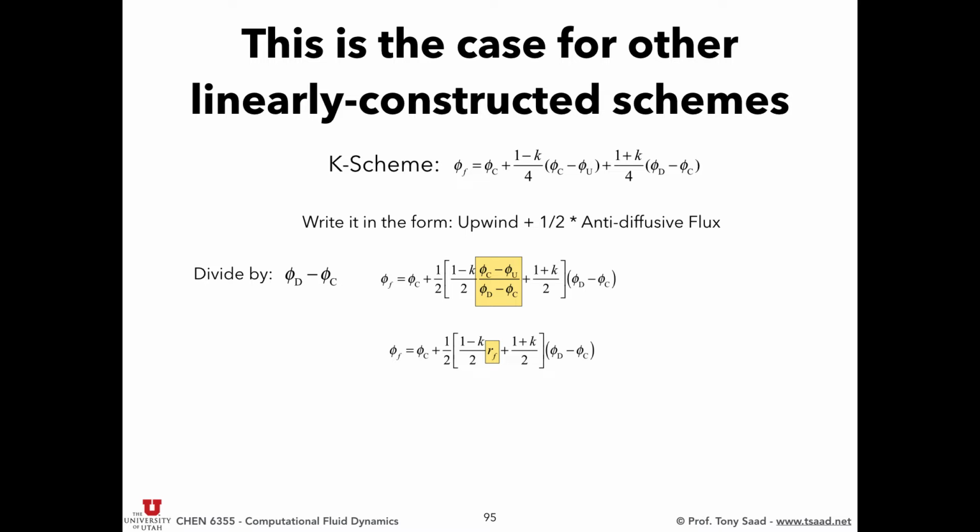When you program things, you're going to have to think: if you want to create an array for the ratio of successive gradients, that has to be a flux type array, okay? So we call this ratio, phi upwind minus phi far upwind over phi downwind minus phi upwind, the ratio of successive gradients, okay? Now I'm going to take one more step. The difference here between